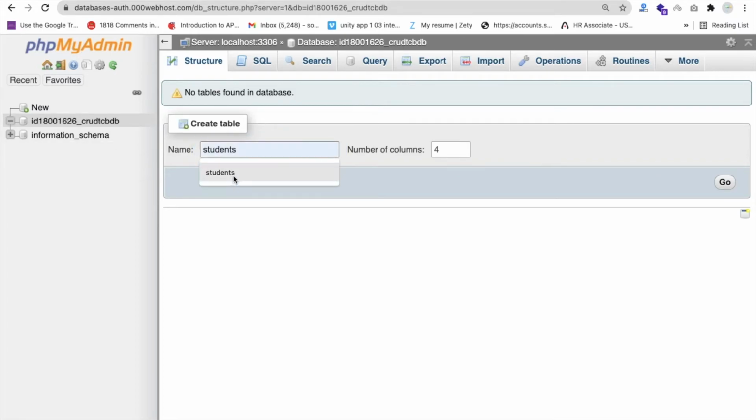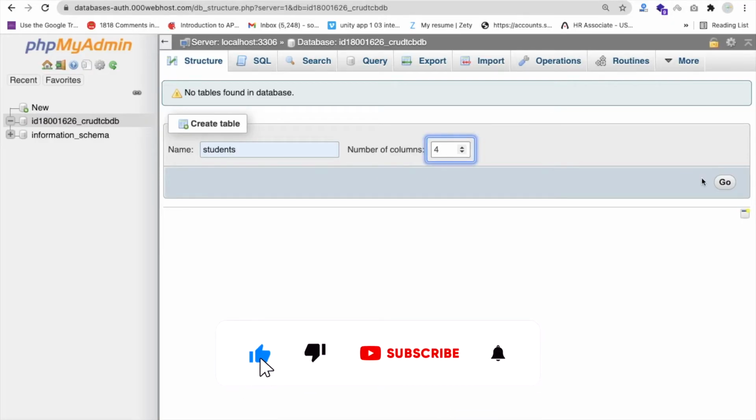Let me just put students here, and I will create the number of columns as 4. Yes, because I'm using name, number, email and ID. So that's why I'm using 4. Whenever you create login forms, you can create 2, and whenever you create a sign up form, you can increase that value. So click on go,